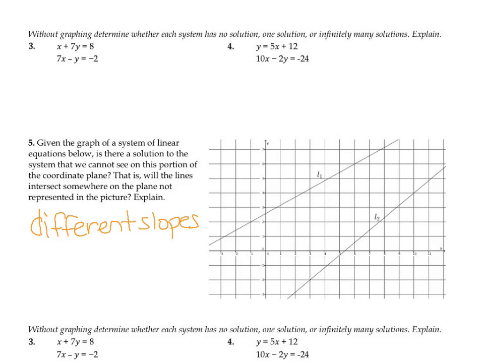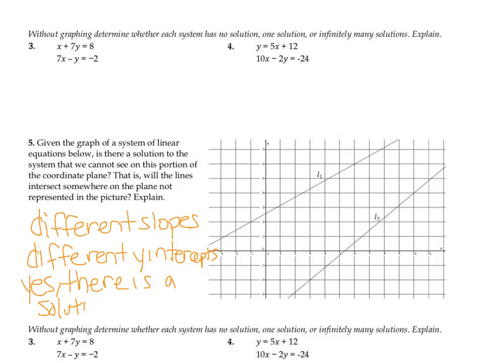And then we can also notice that L1, so our first line, has a y-intercept, or a b, up higher on the y-axis than our line 2. So that tells us that we also have different y-intercepts. And again, now, since we have different slopes and different y-intercepts, we do have a solution. So yes, there is a solution,